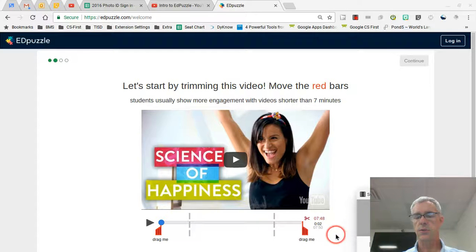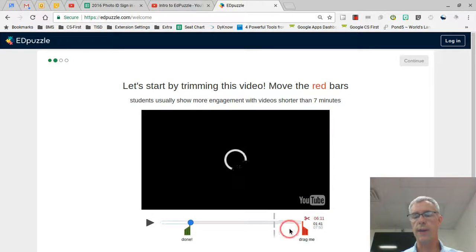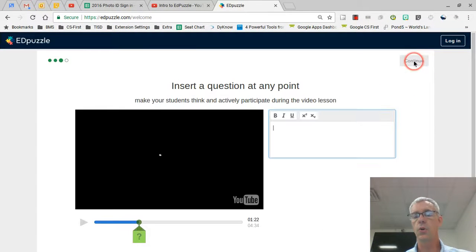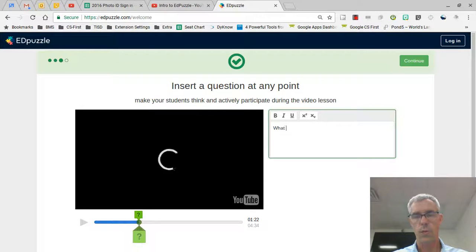On this next page of the tour of Edpuzzle, they're showing you how you can edit your video clips. And if you'll notice here, you have to literally drag it in on both sides. And when it turns green, that means you understand that concept. And up here, it has a continue option. We're going to go ahead and skip over that. Next, you can add questions, and all you have to do is click down here on the green arrow to add a question. I'm going to go ahead and type in, what is your name, question mark,